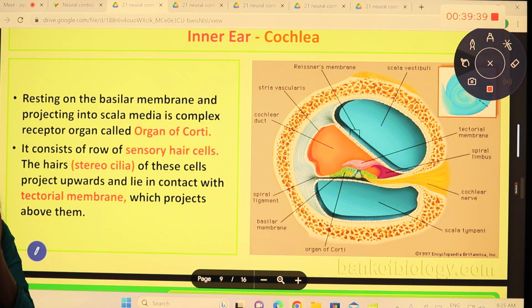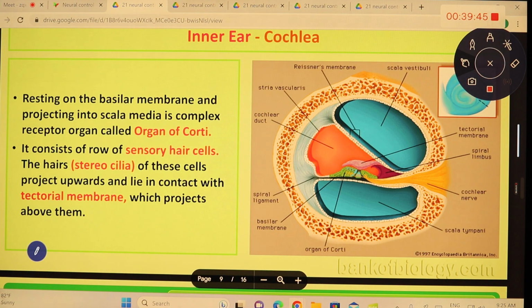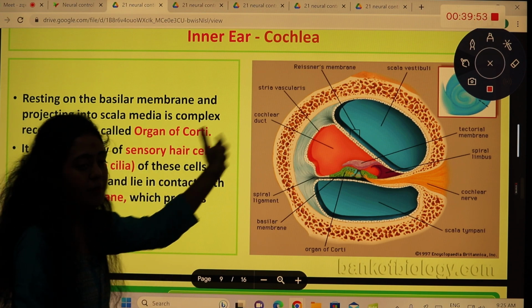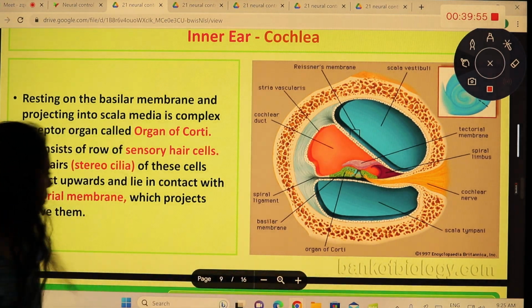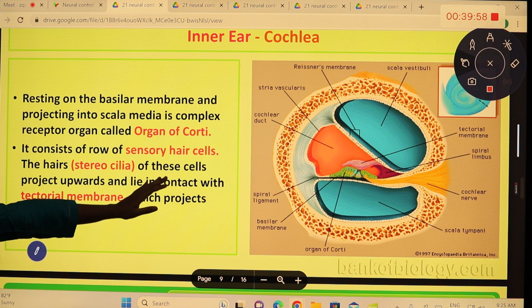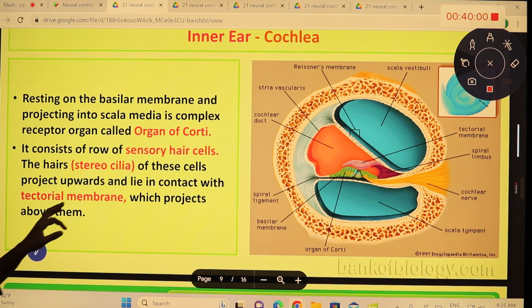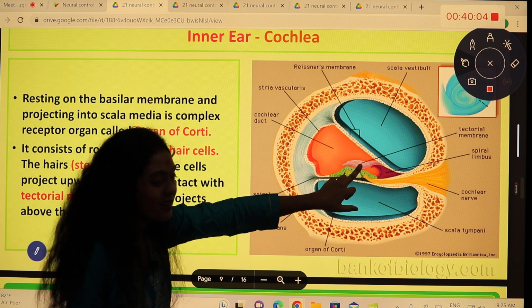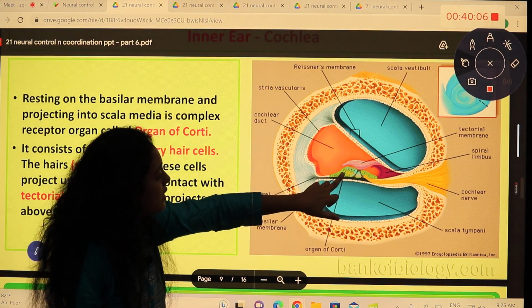Listen to me, learn it here only. What is this organ of Corti made up of? It is made up of sensory hair cells. Where is organ of Corti present? On the basilar membrane. What is basilar membrane? It separates your media and tympani. This hair cell is in contact with the tectorial membrane. This hair cell is very close to, this pink color is tectorial membrane. So this and this are